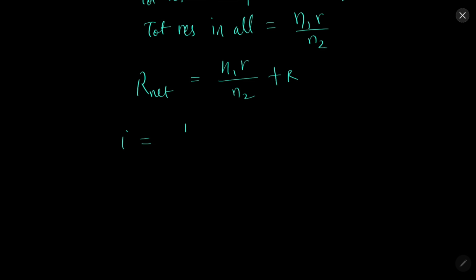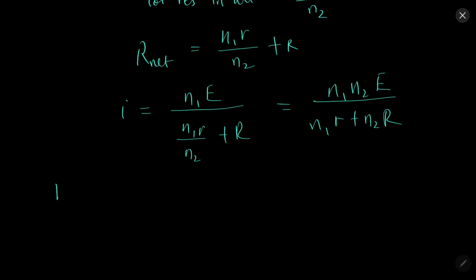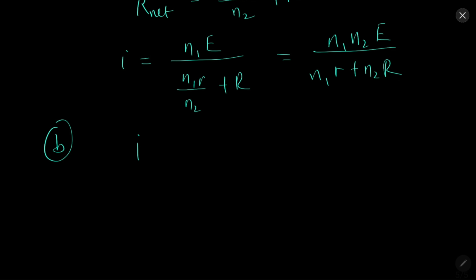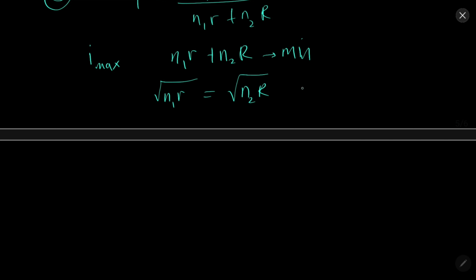Current, N1E over N1R by N2 plus R, which will give us N2E over N1R plus N2R. B part, N1 N2E over N1R plus N2R. For I to be max, N1R plus N2R needs to be minimum. So when N1R equal to N2R,